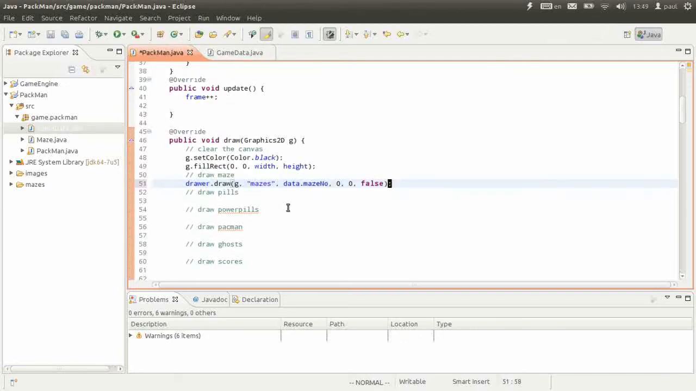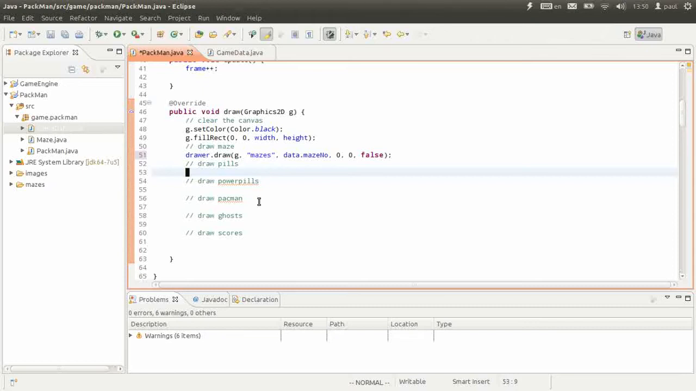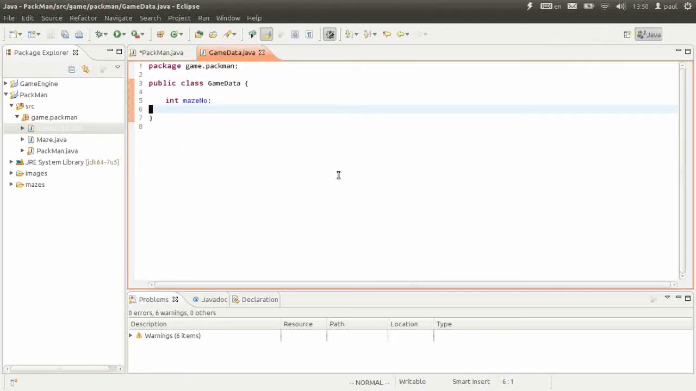Go back to Pac-Man. Now we're going to need to draw the pills, but there are many pills inside the maze. So let's wish that we have all the pills from data, and for each of the pills we are going to draw it. Now we're going to need to fix these errors, so in the game data should be,